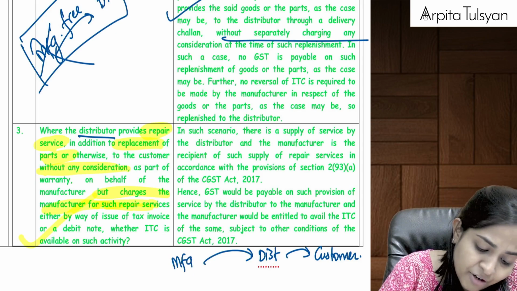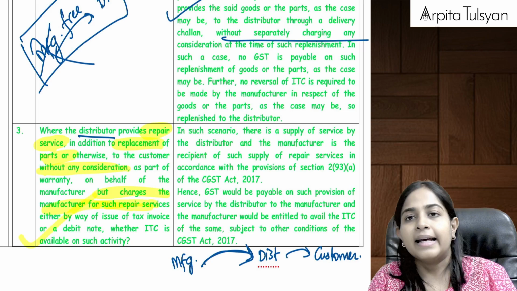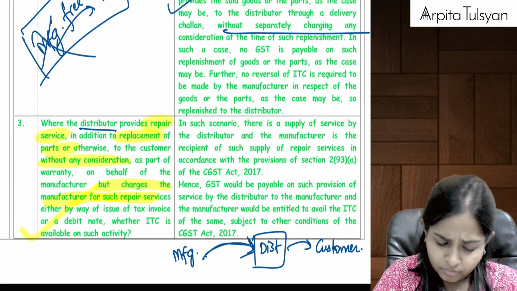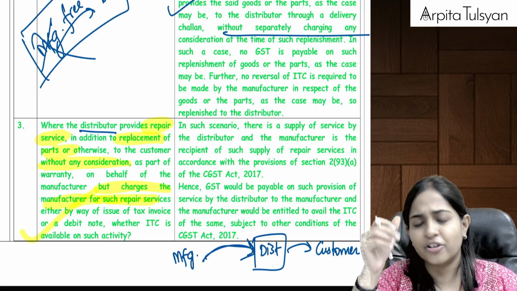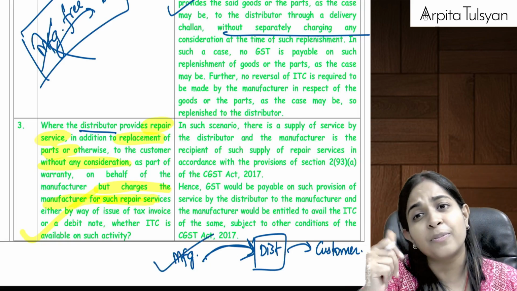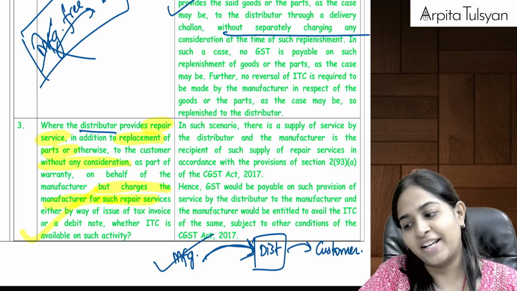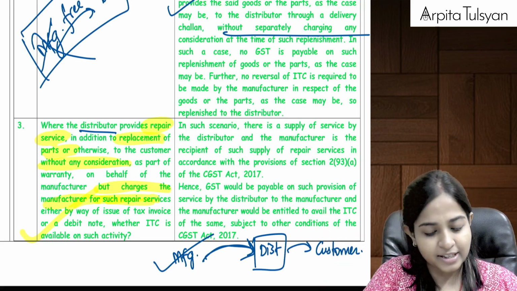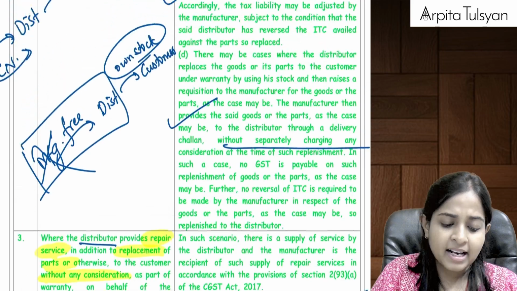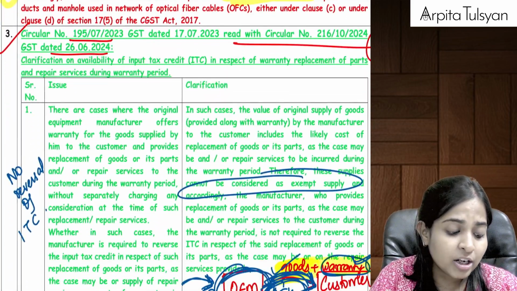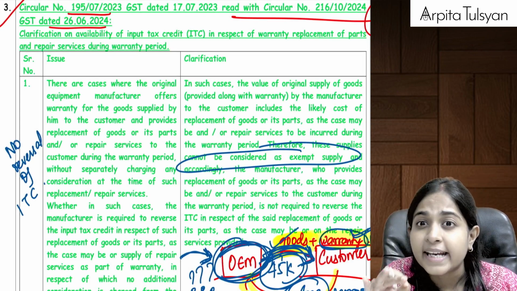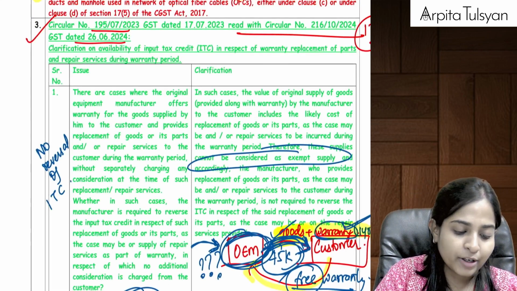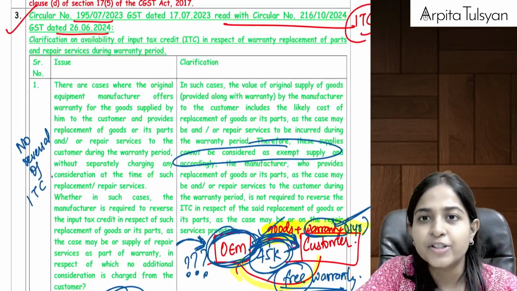And then the manufacturer is reimbursing the distributor. Then who will raise the invoice on whom? The distributor will raise the invoice on the manufacturer and the manufacturer will pay for the same. So can we say the manufacturer will be eligible for ITC? If the manufacturer pays the distributor, he will pay along with GST. If he pays along with GST, then ITC on the same will also be available. Right? So the conclusion here is that in none of the cases is ITC going to be blocked. I hope you have understood till here. Yes?